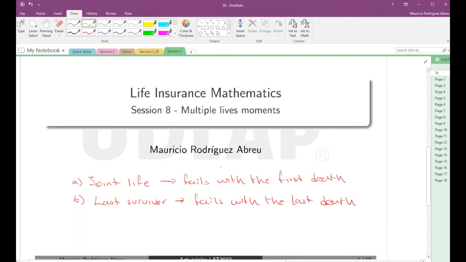So essentially, this is a big difference between these two. One is going to fail when the first person dies, and the other one is going to fail when the last person dies. And we also saw that, if we assume independence,